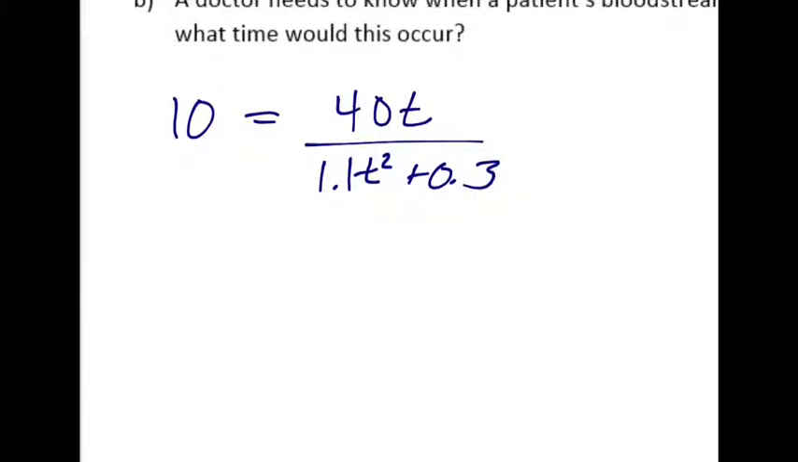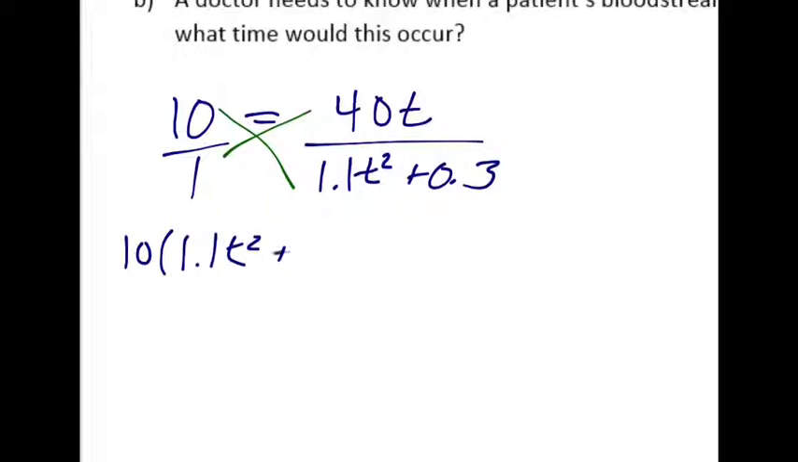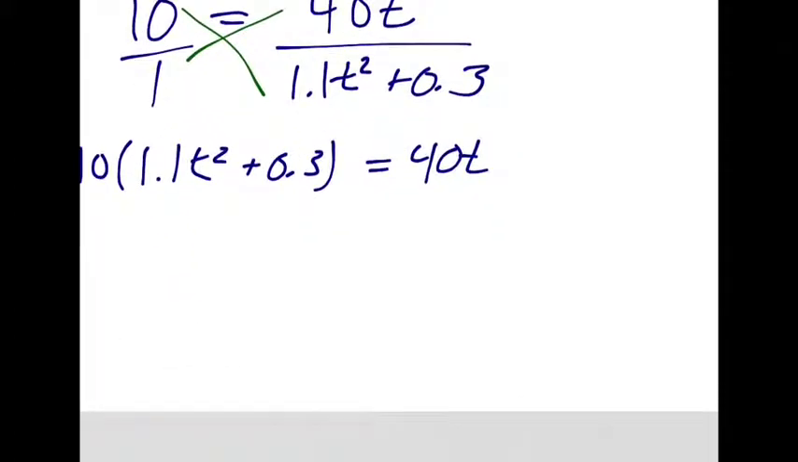What would be the next algebraic step in this if I was solving for t? Got a fraction on either side. Cross multiply, right? So we're going to cross multiply. So we get 10 times that mess. And 40t times 1 is just 40t on the other side. So this gives